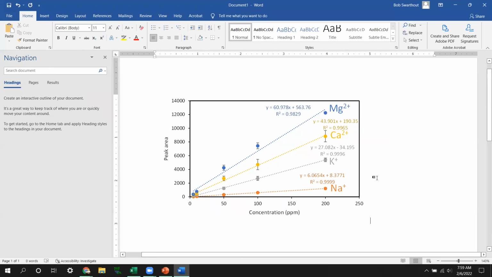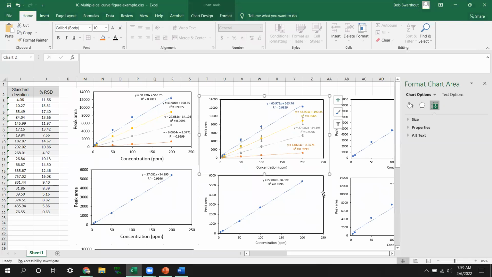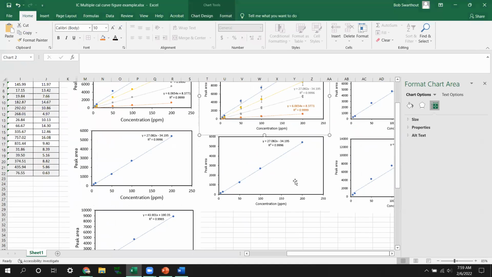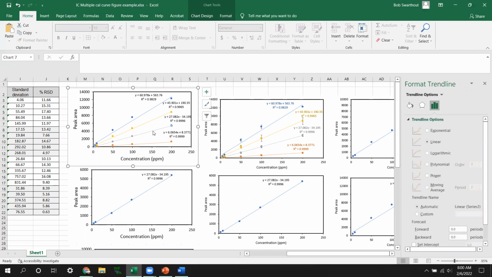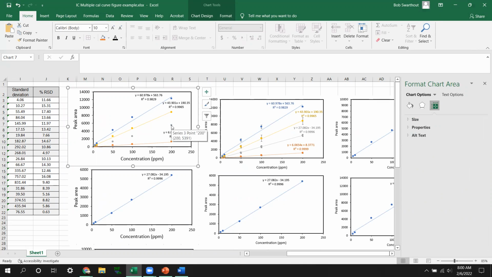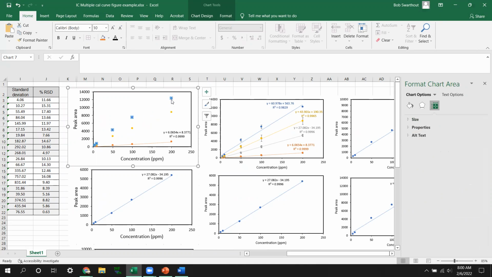The other way that we can do this, okay, so that's method one. Sometimes if the curves are overlapping, if you've got the same response factor for different analytes, this is not going to work. So another way to do this, and one that you might prefer, so I'm going to come back in here and I'm going to get rid of all these other curves on this figure. So I've got just my